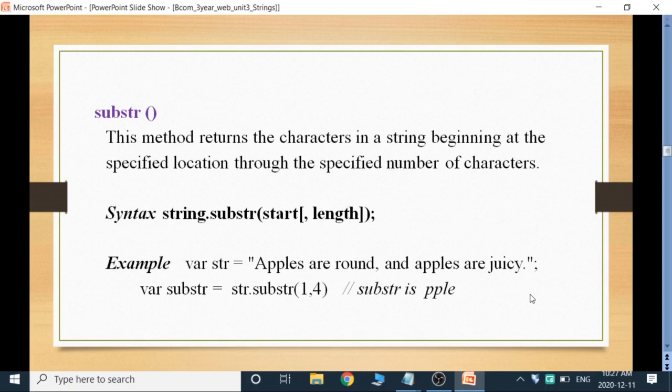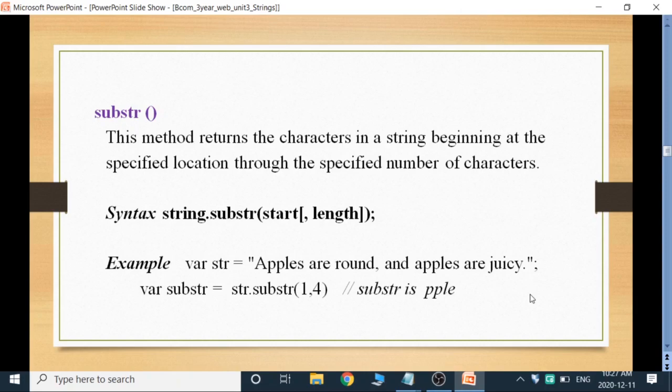If you observe the example, str.substr(1, 4). Here I have said that the starting location is 1, and from 1 it has to extract 4 characters. That's why the character at index 1 is A, and the remaining are PPLE. Now the string returns PPLE.